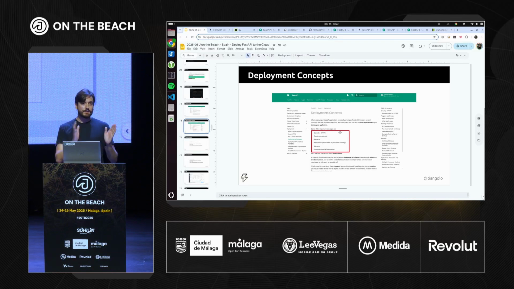Instead of spending a few hours building an app and then 6 months trying to deploy it, we wanted the deployment to be as fast as learning how to build the app. Still, if you want to do it on your own, you should check out these ideas. You should make sure that you have good security, so you have HTTPS by default. You make sure that it's running on startup. So, for example, you could have Docker set up to run the thing whenever you are starting the machine, that it handles restarts, that it handles replication.